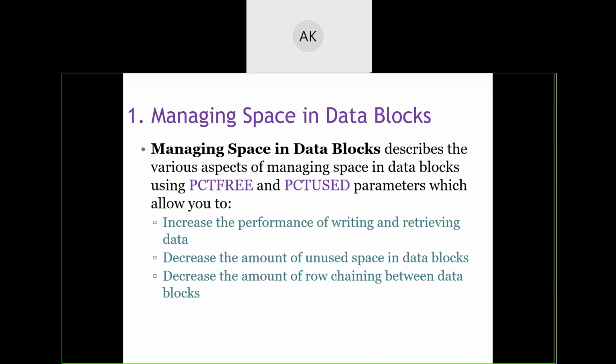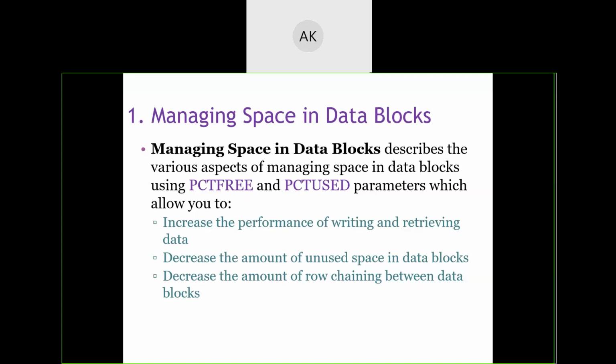Suppose you need 50 KB of data to be stored, and you have set the percentage used value such that it can hold up to 10 KB. So you need 5 data blocks. But suppose you have set the percentage used to, let us say, 25 KB, then you need only 2 data blocks.